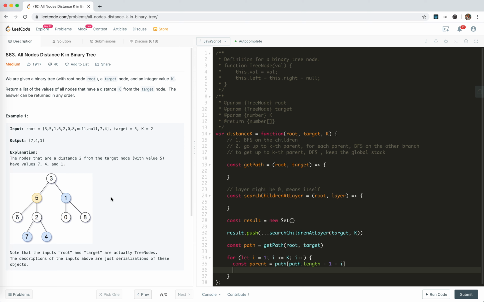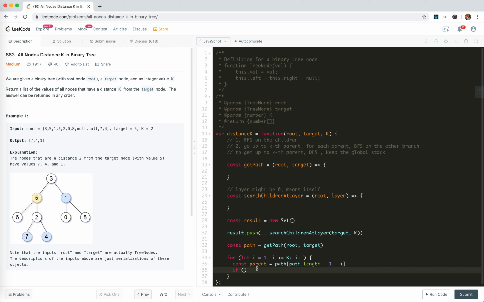We need to directly get the branch. So we check which branch is on the path. So the first element to the right would be 5, right? And we go to 3. This is the 3. Now we can check the 3's left and right